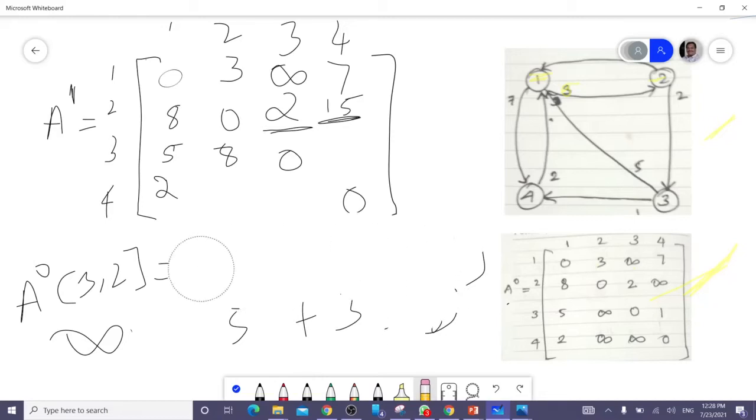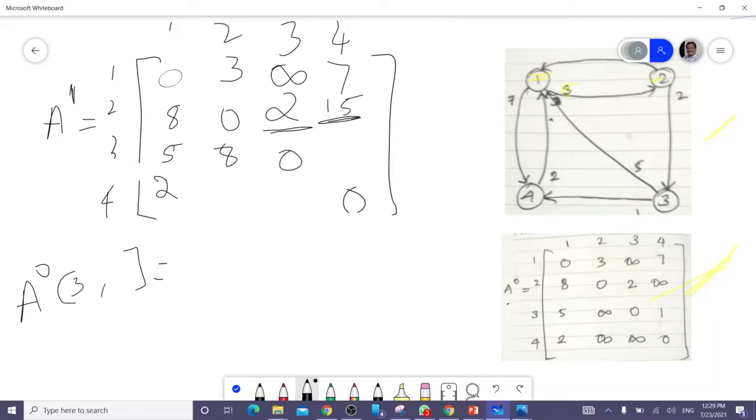Next, we have to find the next element in the sequence, which is 3 comma 4.